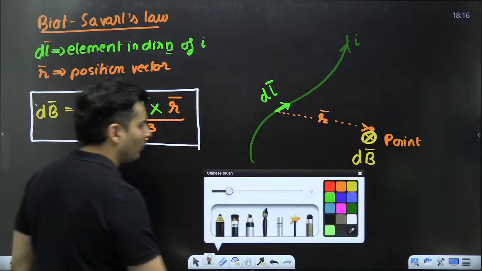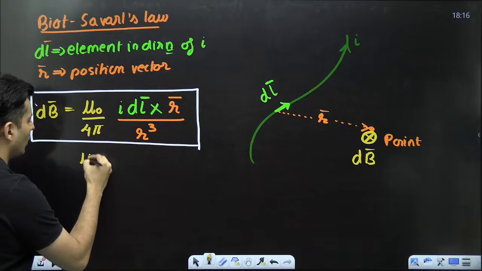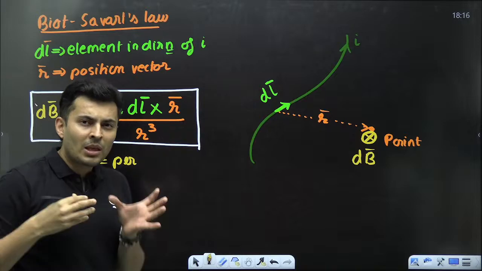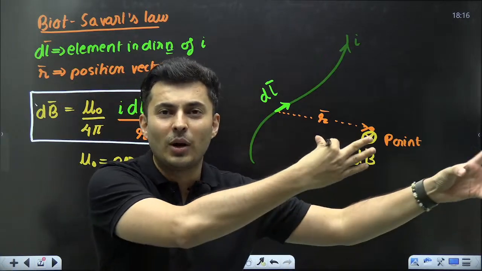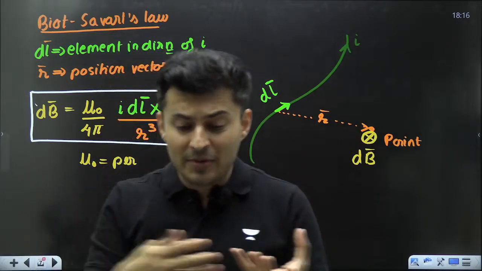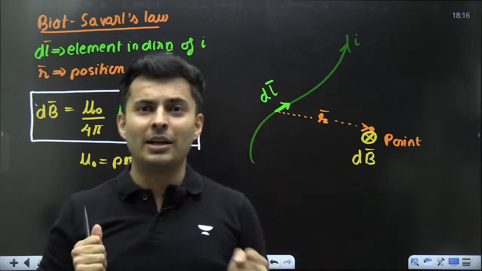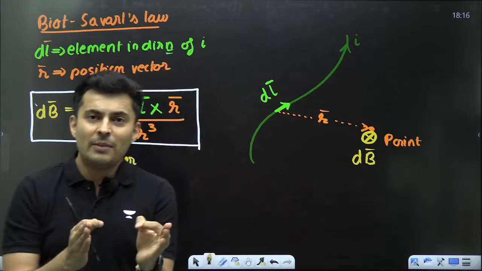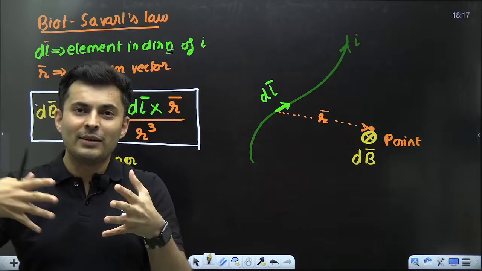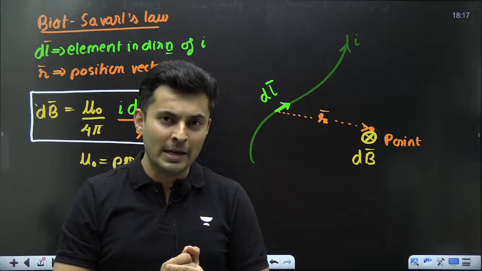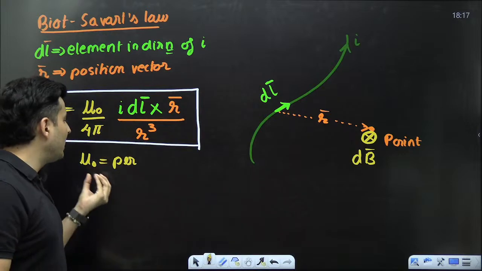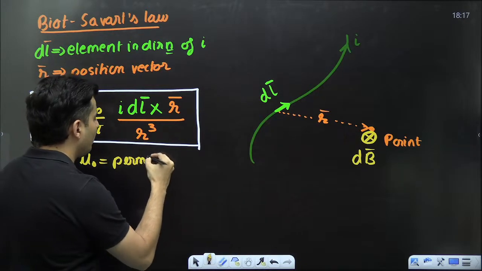What is this mu naught by 4 pi? First of all, let me tell you what is mu naught. Mu naught is basically the permeability. Just like you had permittivity. Permittivity decides how many field lines go through a dielectric medium. It tells you how permissible those electric field lines are in a particular medium. Similarly, permeability is for magnetism, for magnetic field lines. How easily those magnetic field lines can penetrate inside a particular medium. So that is given by permeability. Mu naught is basically the permeability